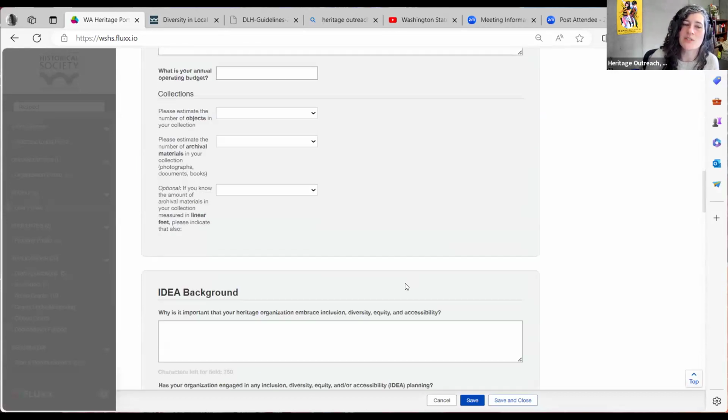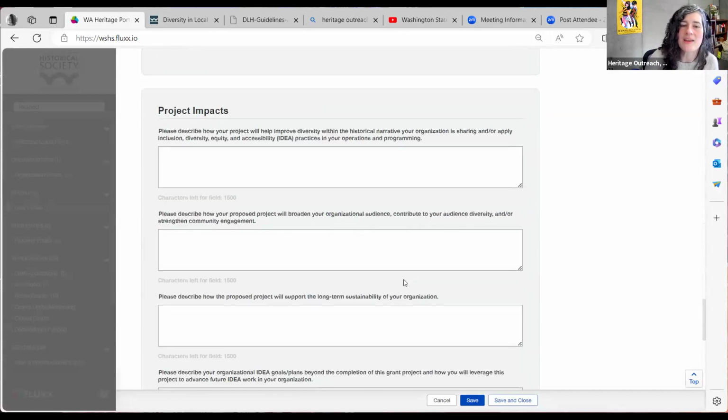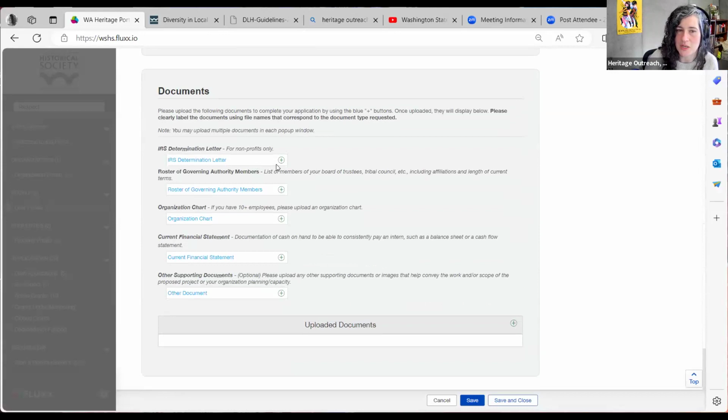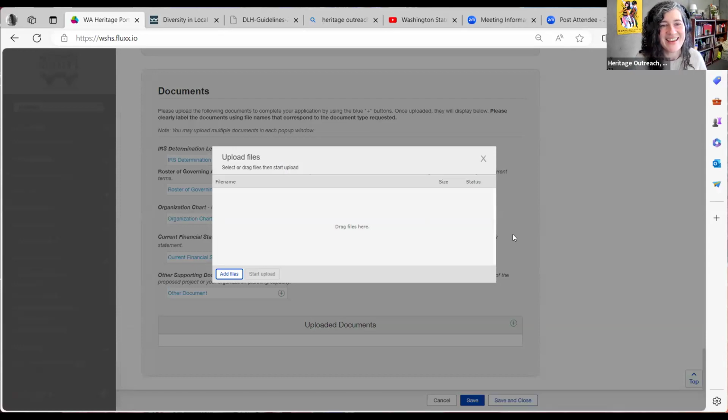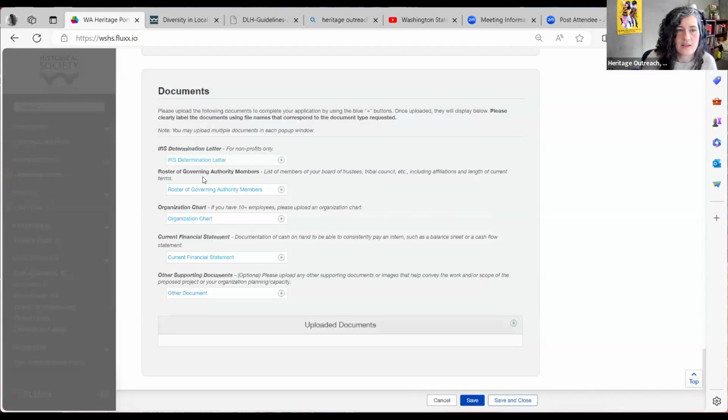So these plus signs, that's what you're going to press to open up the box that's going to allow you to upload your document. So let me try it one more time and see what happens. Okay, here we go. So upload files. You can actually drag files into this box. That makes it easier if you have a file on your desktop or whatever, just drag it in here. And you'll be given some options. You can upload the files. Same thing for each of these, how you're going to be adding them.